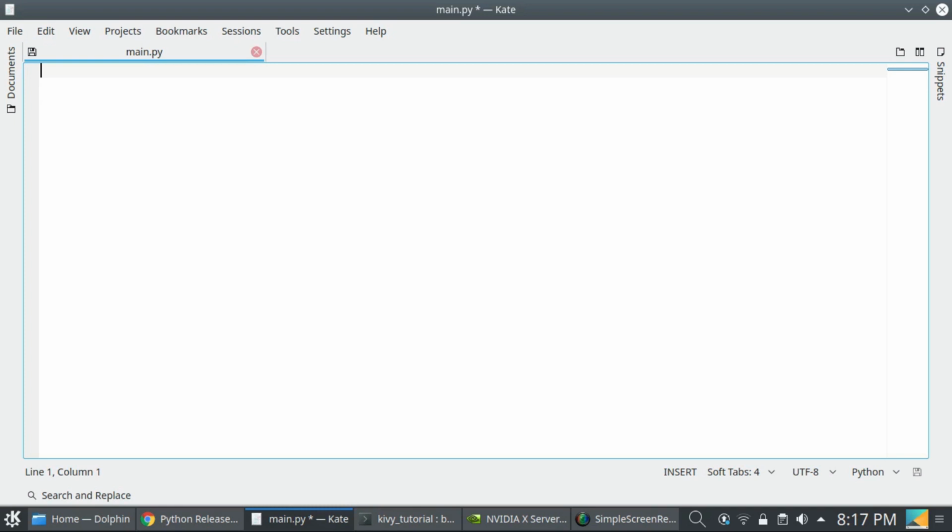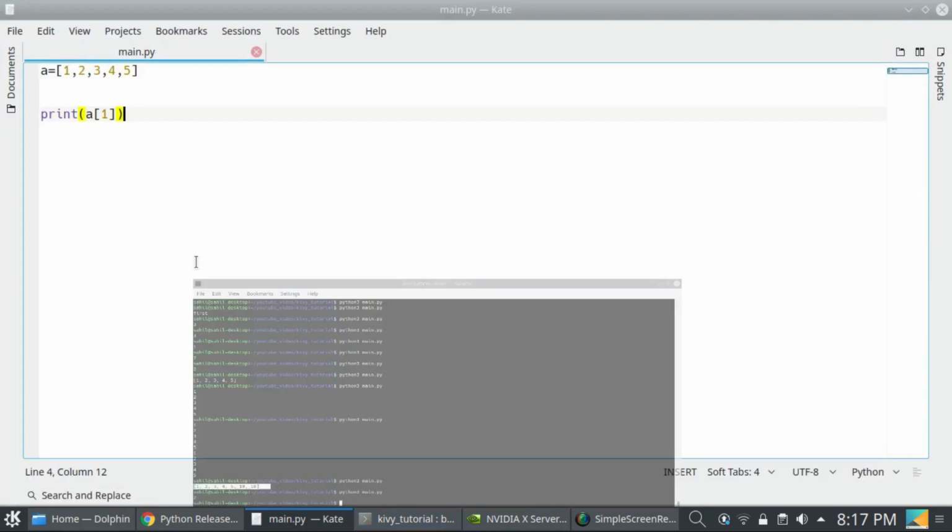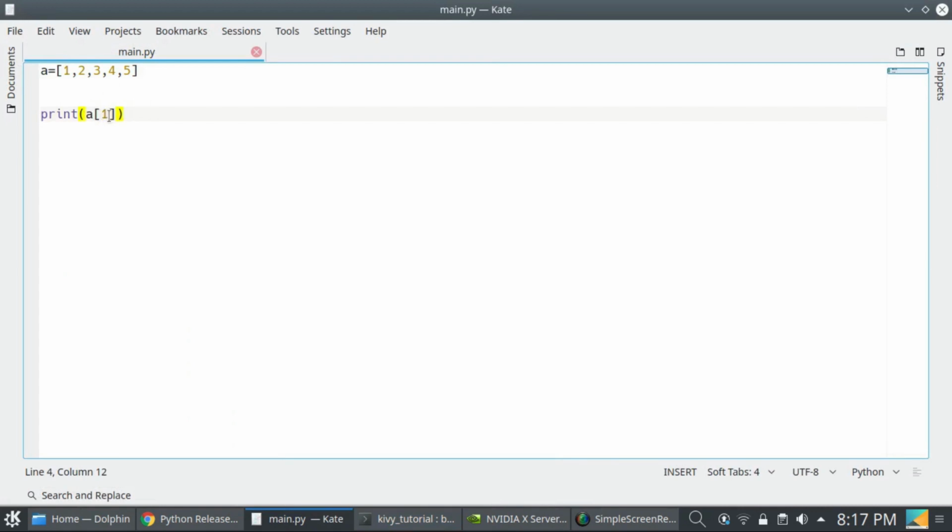and now dictionary. In a list you can print the value of the list by some index, such that a of 1, say. So I am accessing the value of the list at first index, means 2.